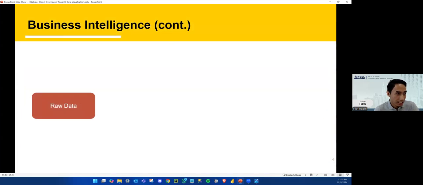So basically, this is just a visual to understand the BI. The raw data you can get from the system that you are using. If you are from the HR department, then you have your HR system, or sales and marketing, you have your sales system, to get from the invoice system or finance system, right? And then from this raw data,